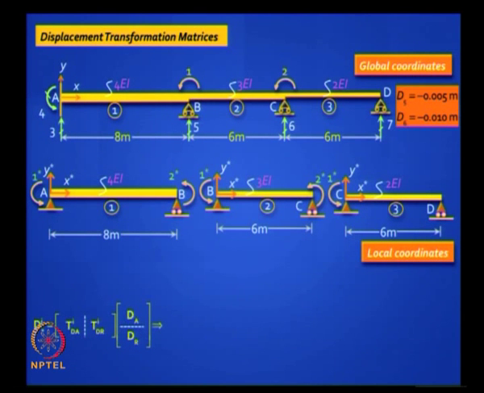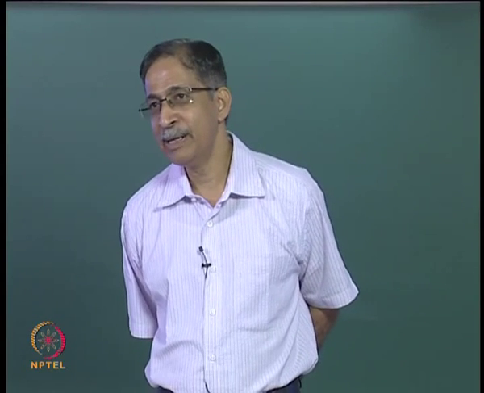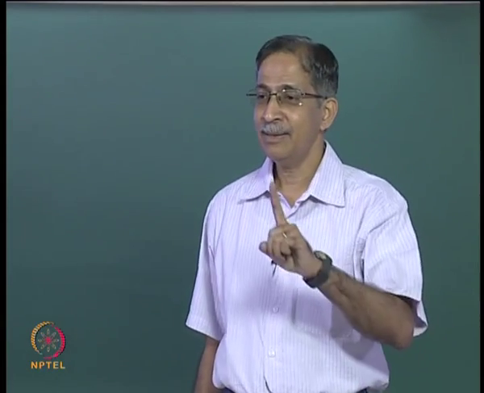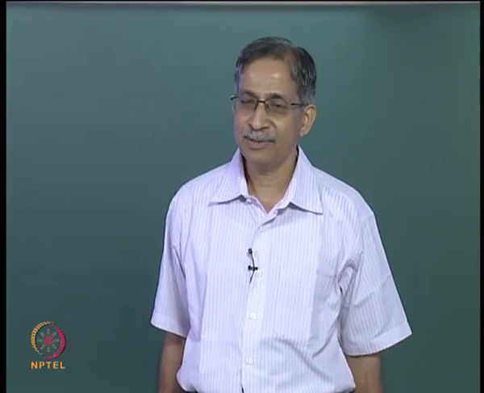So for the first element, what is the size of the TD matrix? How many rows will there be? 2 rows for the first element. How many columns will there be? There will be 7, because there are 7 coordinates, of which 2 belong to TDA and 5 belong to TDR. Can you fill up that? Similarly, you will do it for the second element, and for the third element, and you can do it all in one go. For the third element, it was just 1 row. Okay, so give it a shot.